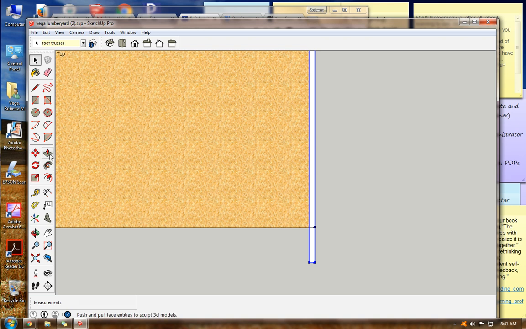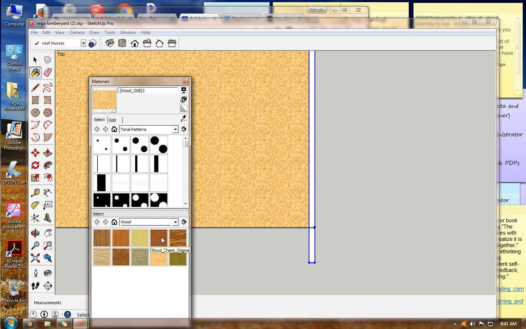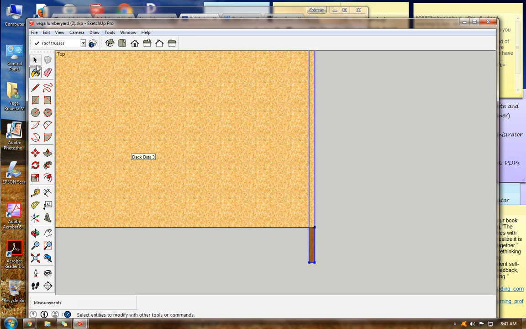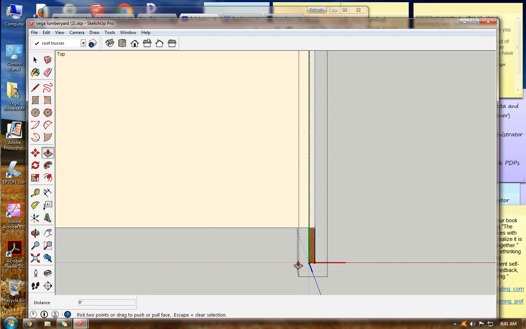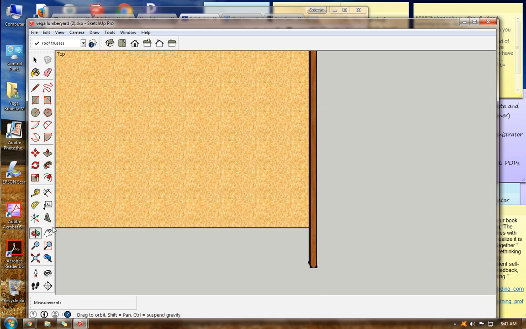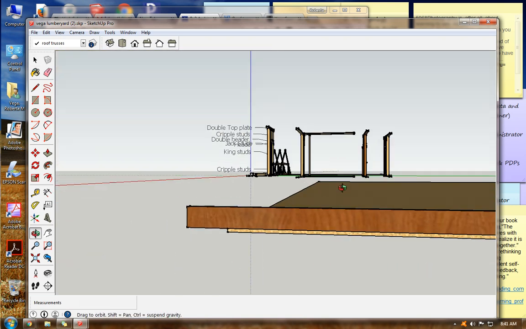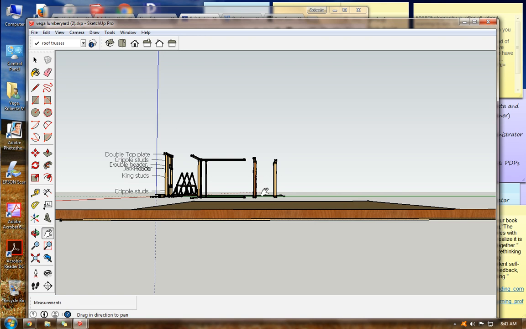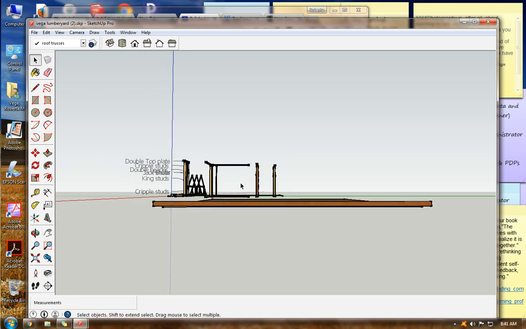Now I'm going to fill it with a wood tone. It's a little different from what I've been using, just so that I can see the difference. And I'm going to pull it up 6 inches because we've already said that the 6-inch side faces forward. I'll orbit around to the other side so that I can see this. Now I'm going to be making a queen post truss. There are several different kinds, but for this demonstration, we'll do the queen post. I'm going to take this and Control-move a copy up